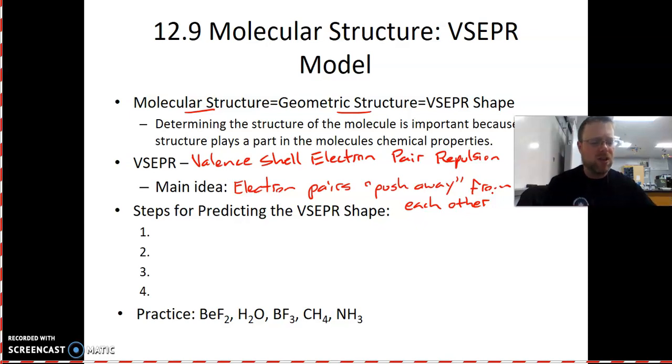Okay, so to give you an idea of what I'm talking about, suppose this yellow ball here represents an atom, and we've got some electron pairs. These could be lone pairs, like the dots in your model, or these could be bonding pairs, like a single bond or a double bond or a triple bond. And because electrons are negative, and negative repels negative, these are going to push away from each other and try to get as far away from each other as they can while still surrounding some atom that's in the middle